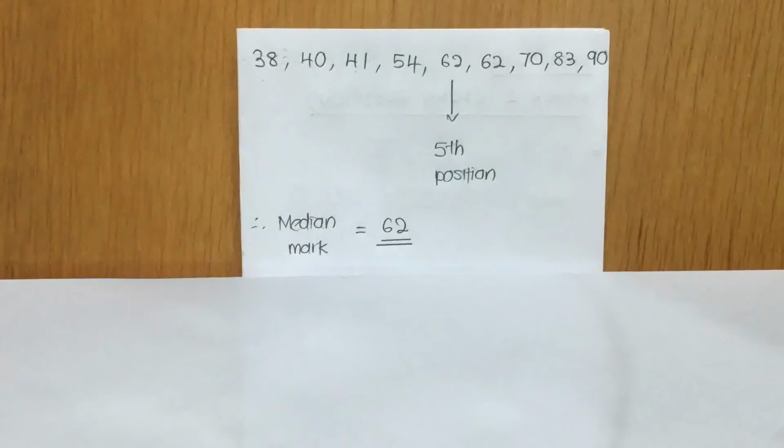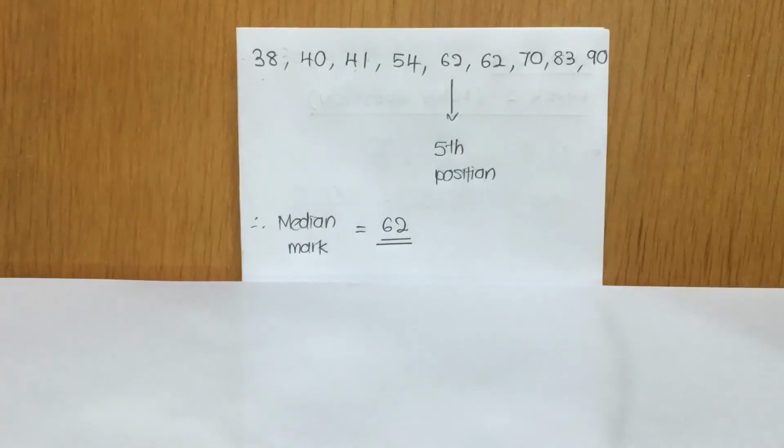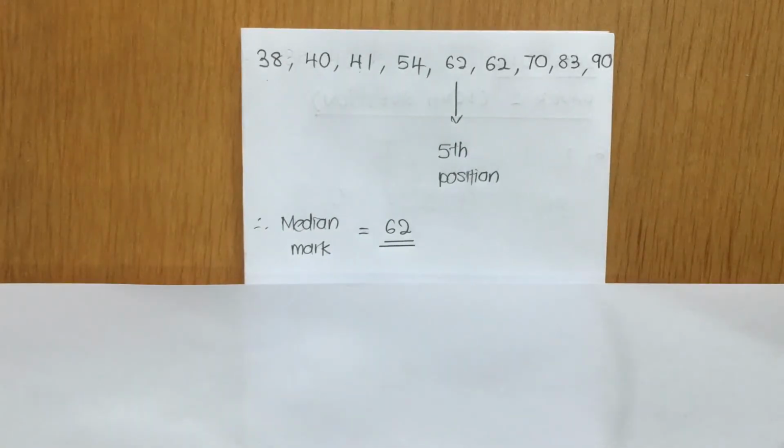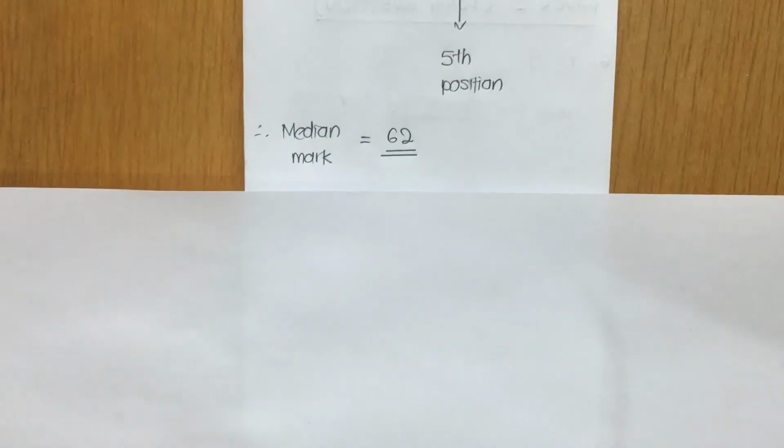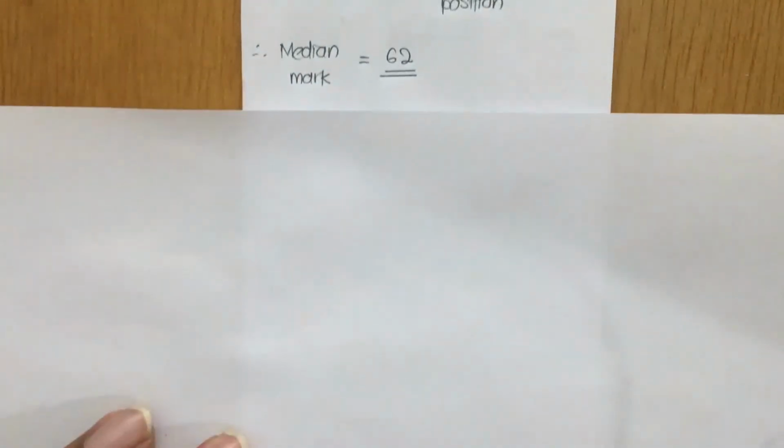Okay, so let us proceed to discuss question 5 part B now. For part B, the question requires us to find the standard deviation of the marks, guys. As you all know, standard deviation is the square root of the variance value. The first step is to find the variance, and then to find the standard deviation, you square root the variance value, guys.